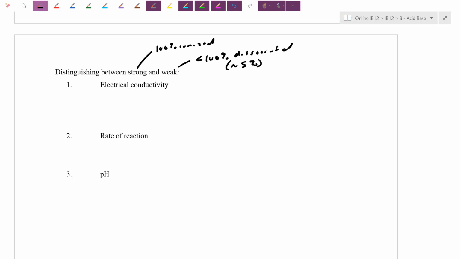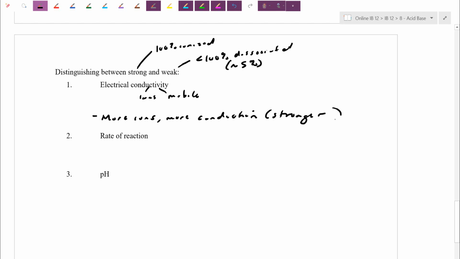So a couple key features. For electrical conductivity, remember for conductivity in general, we need to have ions, and we need to make sure that they're mobile. We need to make sure that they can move. So if I have something that's strong, if I have more ions, in this case here, it's going to amount to more conduction. So if I have a conductivity meter, which solution actually carries current better, that's actually referring